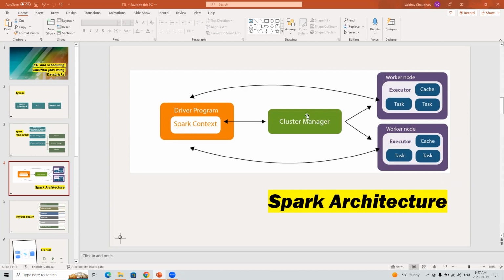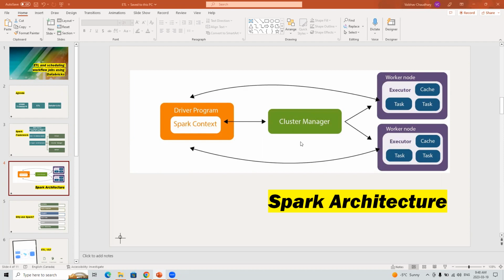Do we have a master node here? Yes, the master is the driver, Mr. Jayant. Same as in Hadoop, we have a master. Same in here, we have the driver as a master. And there can only be one driver per cluster. There can be many clusters, but only one driver per cluster.